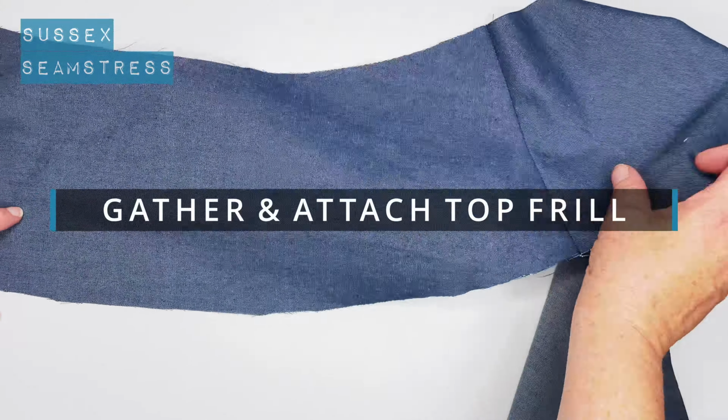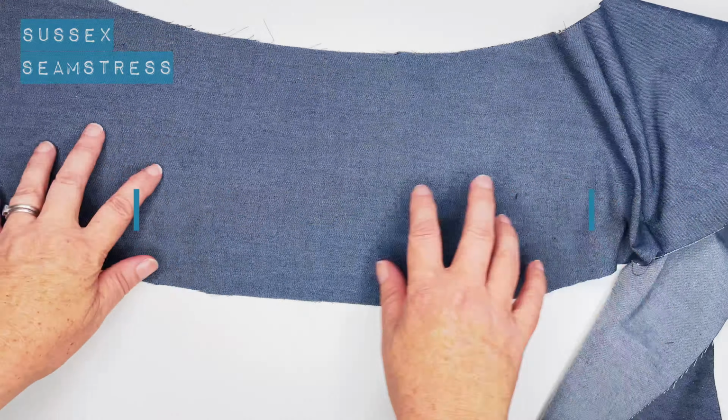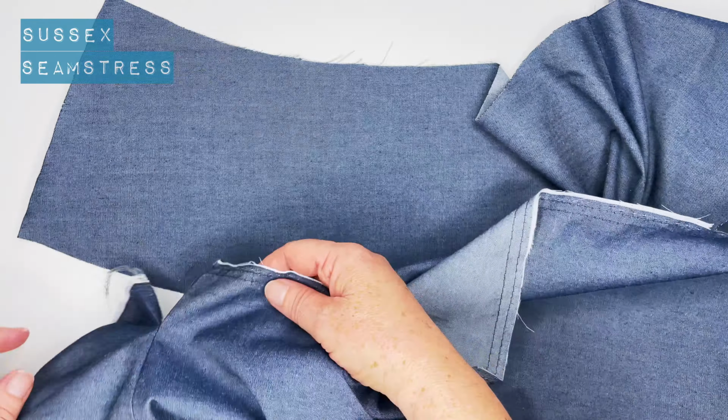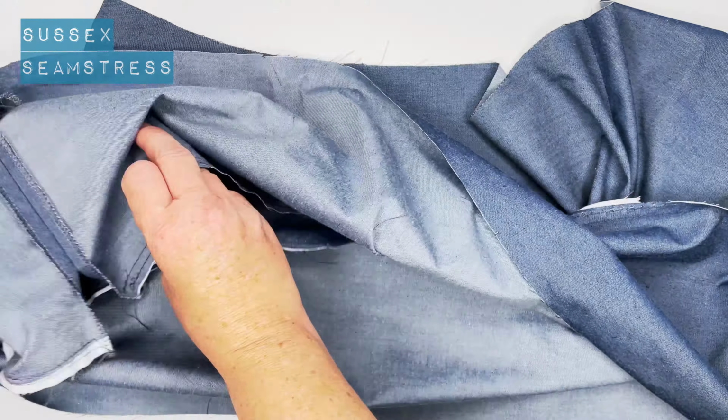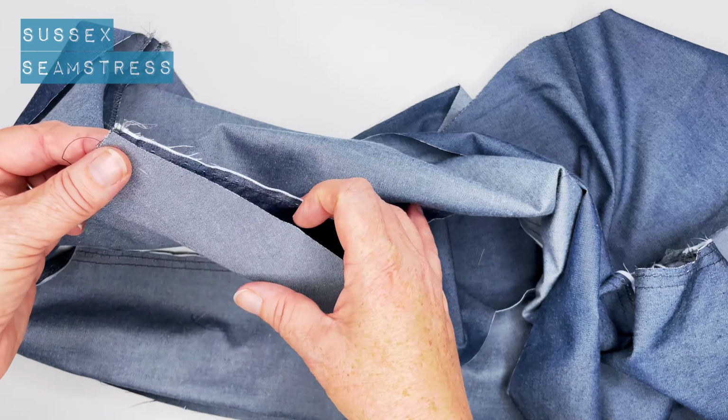Now let's attach this top frill to the yoke. This is our outer yoke. I'm starting with the side where the zip goes because I've got that little opening, so I'm going to match that side seam up to that side of the yoke. Pop a pin in it,